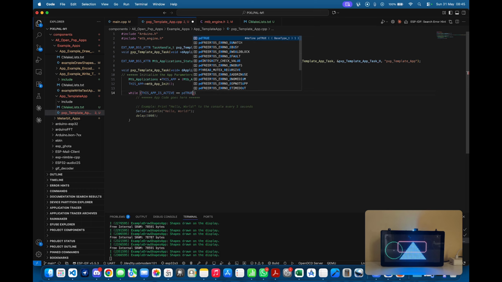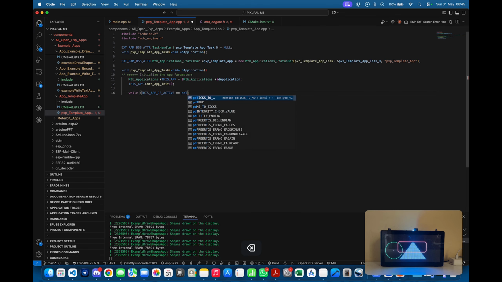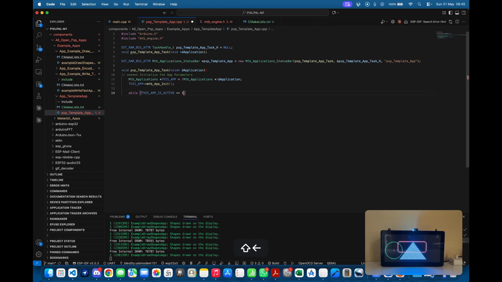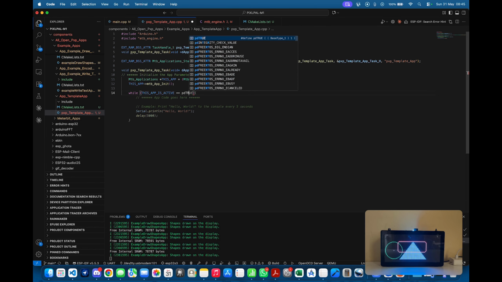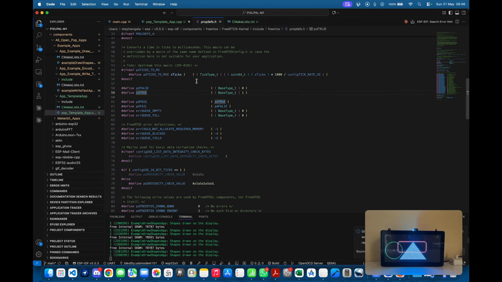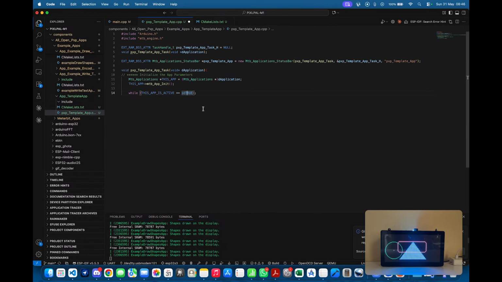This pd true is an RTOS definition for true, similar to the C++ implementation of true. So while this is true, or you can make this while it's 1, but for consistency, just use the FreeRTOS definition of true. Let me just show it to you. If we go to the definition, you can see this translates to base type 1. So while it's true,